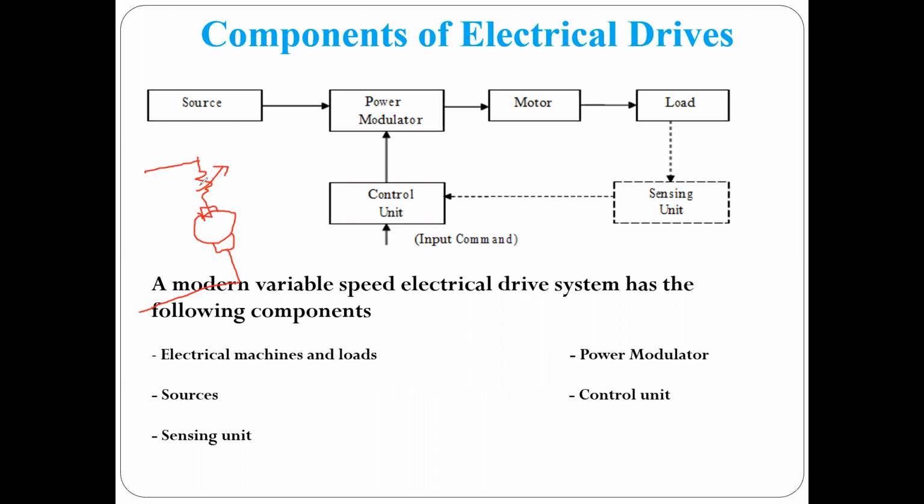If we increase or decrease this resistance, the power also varies, the voltage also varies. Accordingly, the speed of the DC motor also varies. But here we are inserting the resistance to control the speed of this DC motor, and by using the resistance we are dissipating the energy in the form of heat. Is it right or not? We are dissipating the energy in the form of heat.